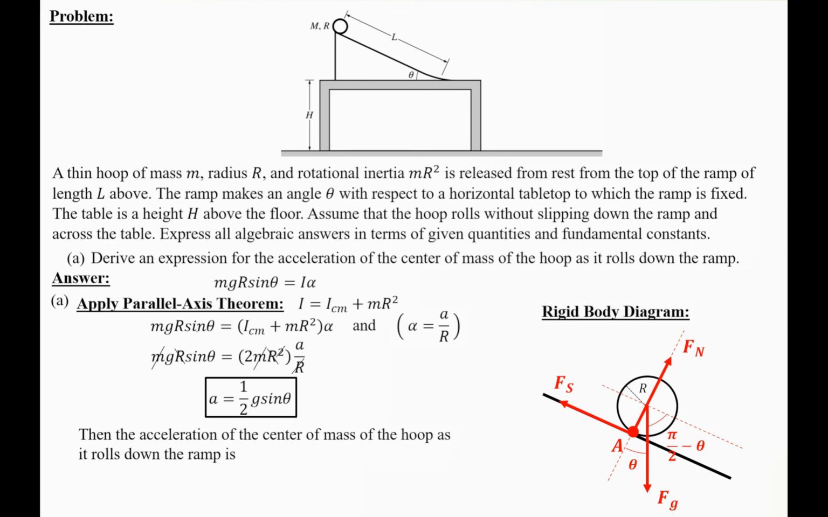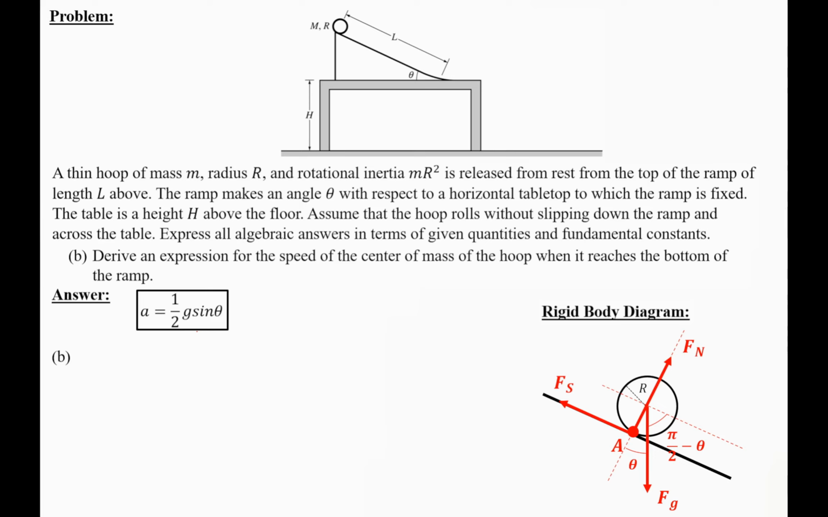Then the acceleration of the center of mass of the hoop as it rolls down the ramp is given by a = (1/2) g sin θ. Now in part B, they're telling us to derive an expression for the speed of the center of mass of